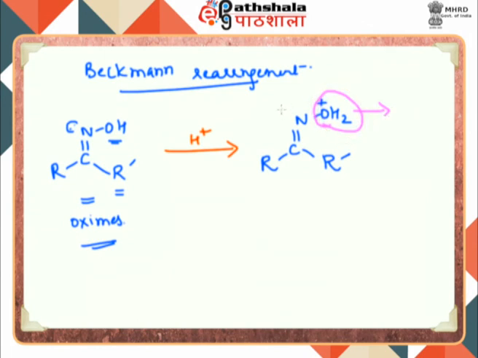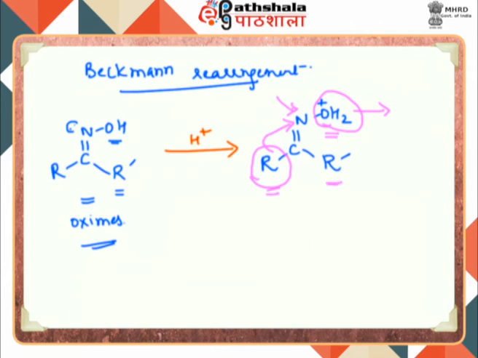As a result, there will be electron deficiency created at this nitrogen, and to fulfill this, a 1,2 migration happens, and the alkyl group which is anti to the OH always rearranges or shifts,